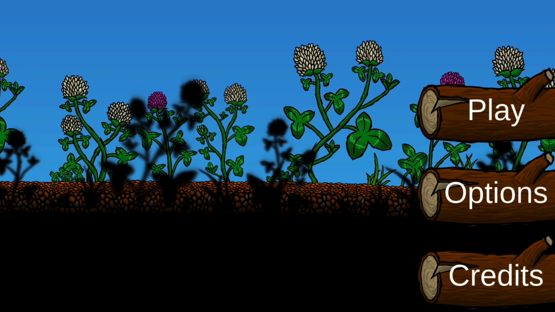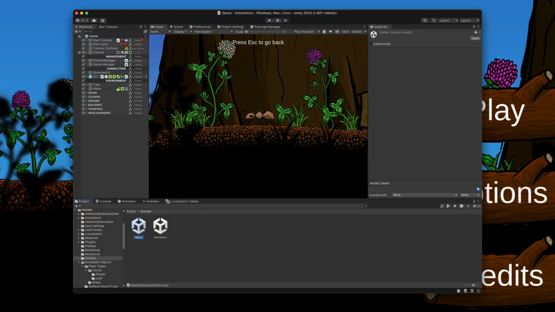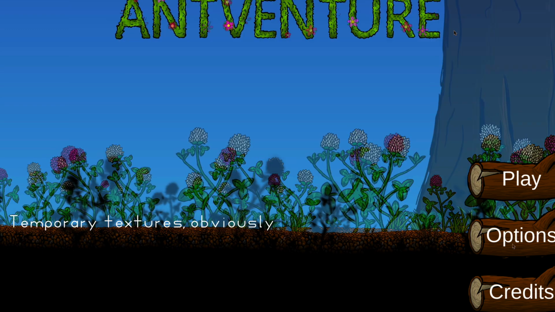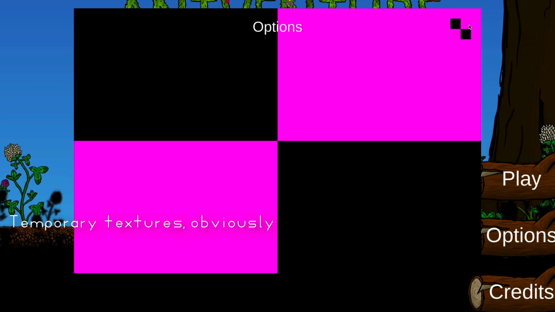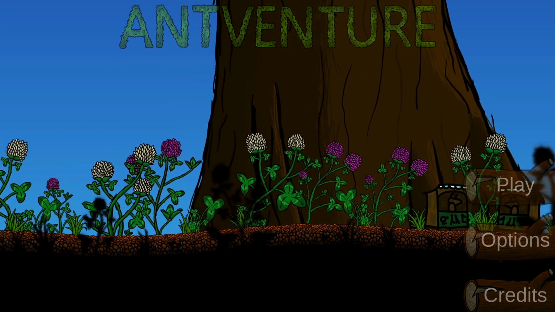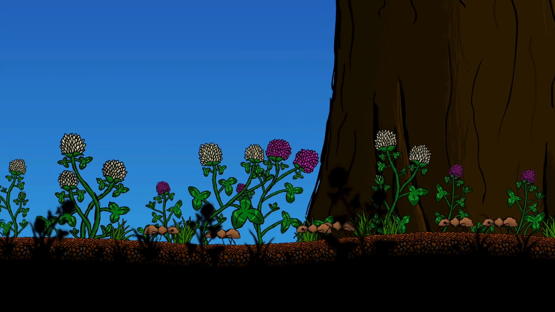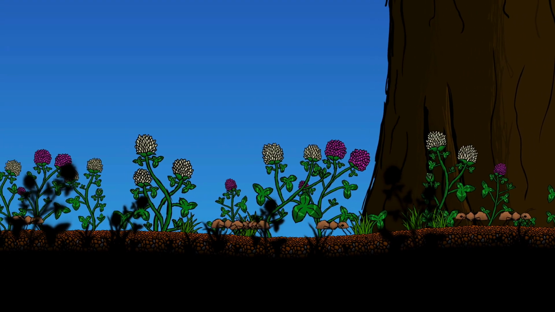Here we have the buttons. The first one brings you to the main game scene, and the other 2 open additional menus, credits and options. In the background, there's something you may have seen before. It's Timberhome, but with simulated ants walking around and doing their thing. Now, we'll talk about exactly that.